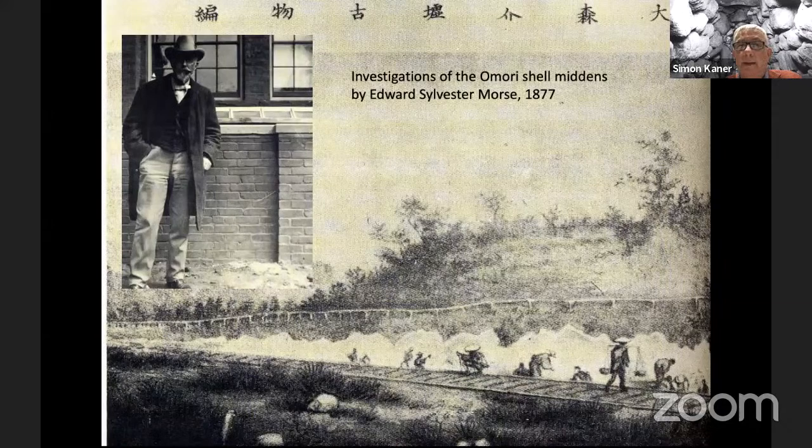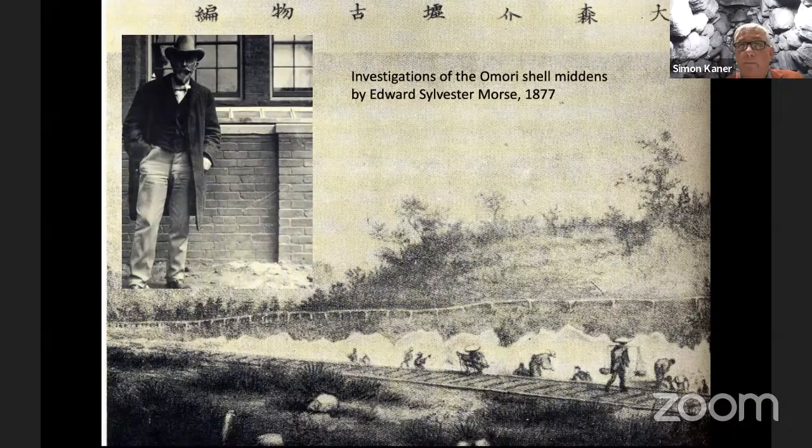Now, this is Edward Morse, who undertook the excavations of the Omori Shell Middens in 1877. And I think it is fair to say now that Morse would be the first very active Western archaeologist as such in Japan. He was a zoologist really interested in evolutionary theory. But there was a bit of a mistake in Victor Harris and Goto Kazo's book, where we thought that the Shibayama tomb was actually excavated in 1877 prior to the Omori excavations taking place. That wasn't the case. And so that title should really probably go to Morse.